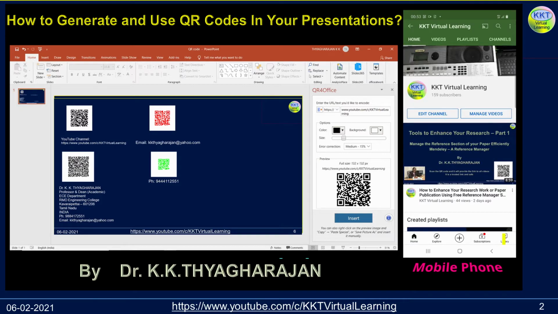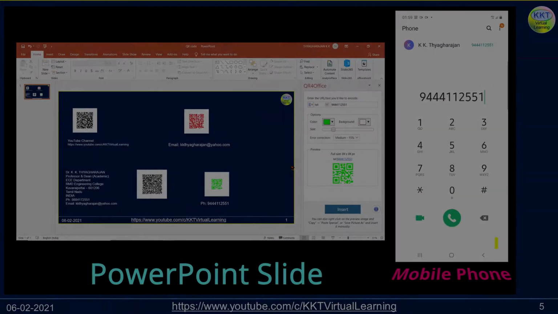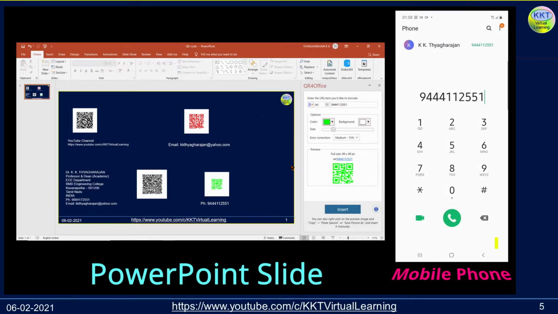presentations and online presentations. When you have to pay money in supermarkets through Google Pay, Paytm, etc., you would have to enter their mobile number linked to the Google Pay account. But you may make mistakes while entering the phone number. How do you avoid this? You will scan their QR code.